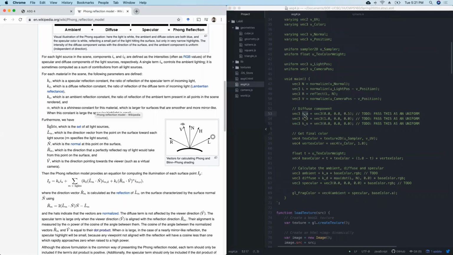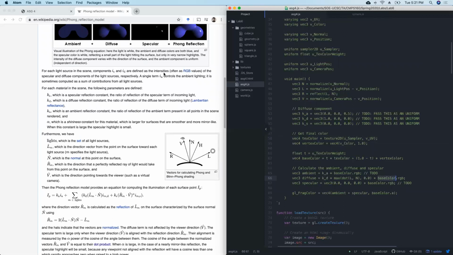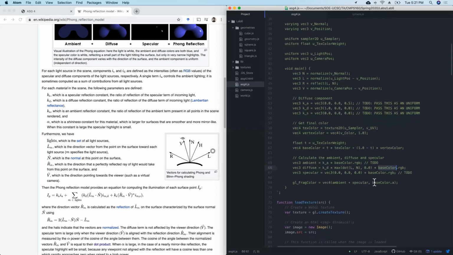so Ka is the reflection constant, and our base color here is actually mapping to I, which they call here the light source intensity. So yeah, I think the names here don't match the article very well. I'm sorry for that, but also these names keep changing from source to source. So it's important to know what's going on. But for our source code, we have these bindings of variable names. So hopefully you got the idea,